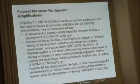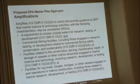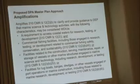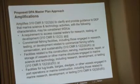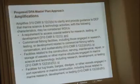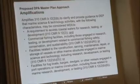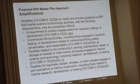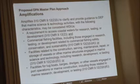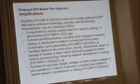Water-dependent industrial use. So the four were, the first one is the key to anything with Chapter 91. It has a requirement to access coastal waters. That's a portion of what the reg says. It actually says coastal waters or inland ponds and lakes. We just told them to focus on the requirement to access coastal waters for research, testing, or development. In addition to that one key measurement, it also has to fall into one of the three that we did